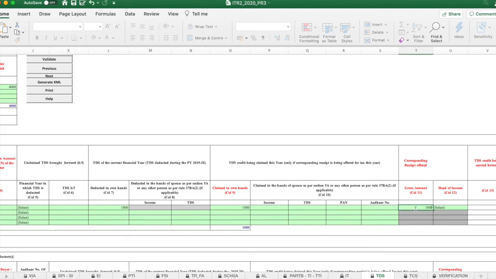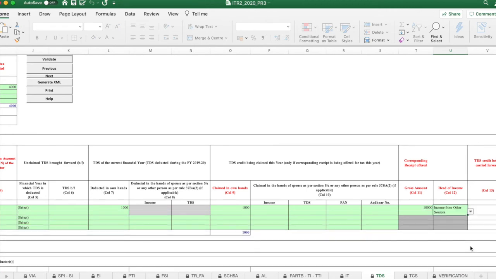So say 10,000 has been deducted as tax by this bank. Then under head of income, you have to select accordingly. So here you have to select income from other sources because it's bank interest.